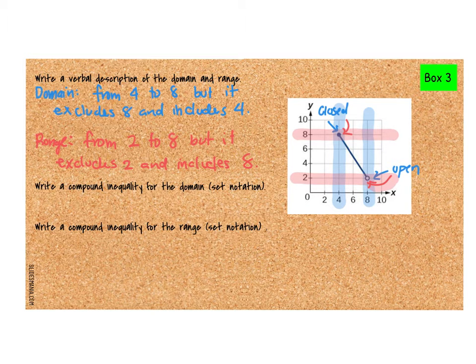Alright, so again, if you guys see a closed circle, like the 8 right here, and let me circle it in green, if you see a closed circle, it means that number is part of the solution, is part of the answer. Okay, if it's open, and let me do it in orange, if it's open like this one, it means that number is not part of the solution. Okay,